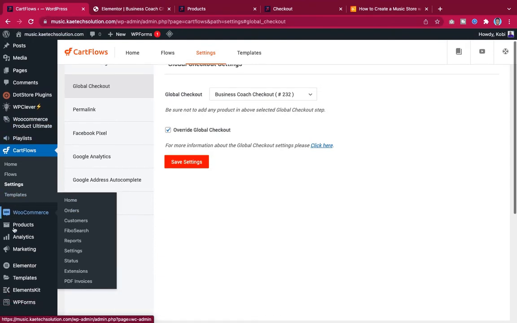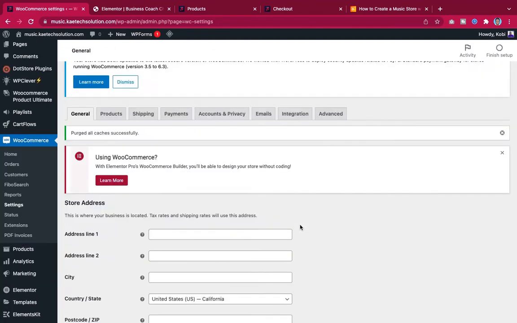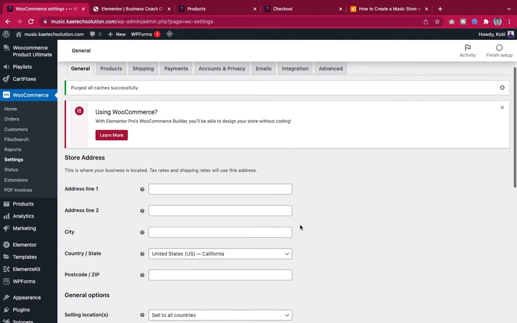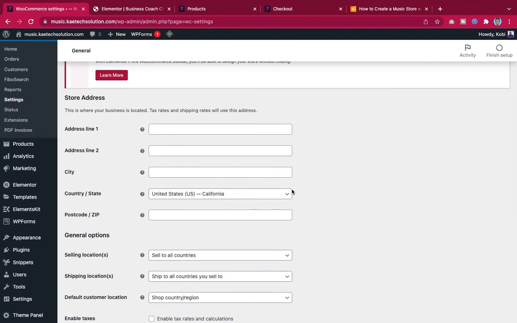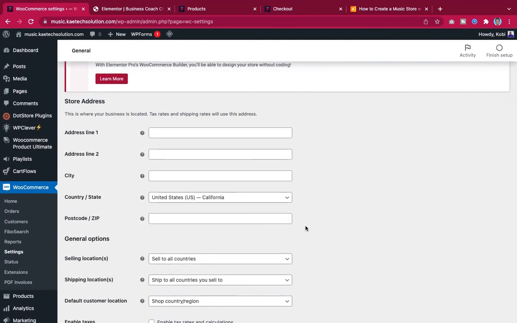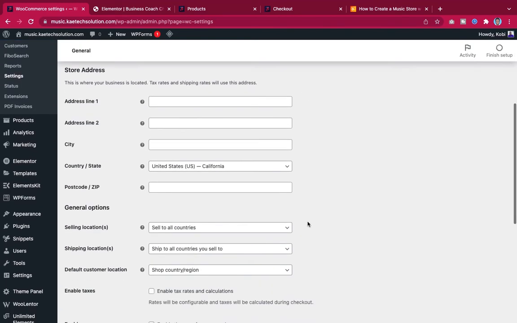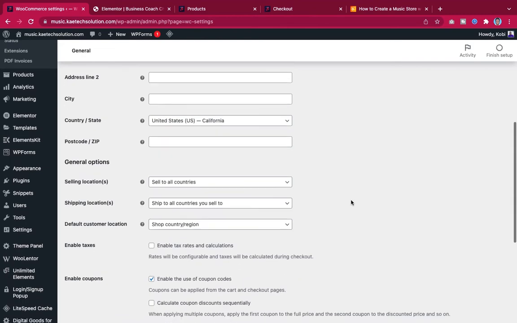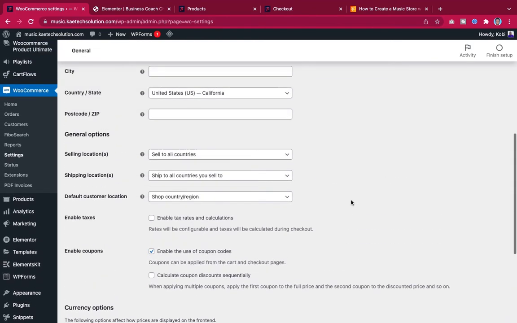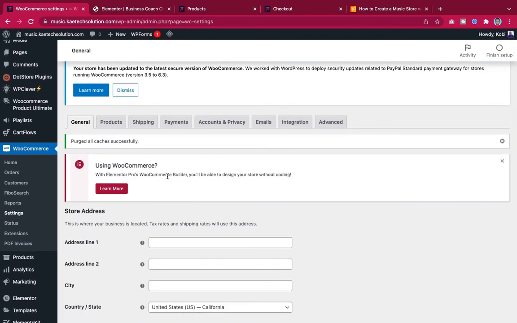Okay, now to do that, what we have to do is to come to WooCommerce over here, hover on WooCommerce, and then go to settings. Okay, so once you are here, you can fill all this part, because we did not go through the normal WooCommerce process. You can select your country and all those things, and then where you want people to buy from. But what we're going to do is go through all these settings one after the other. So the product,